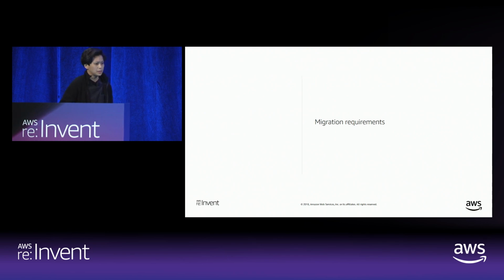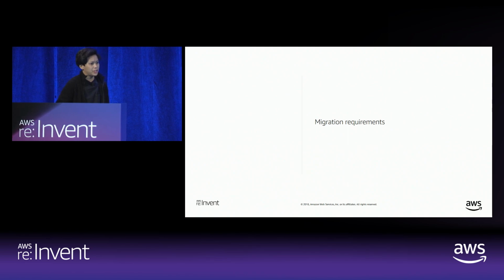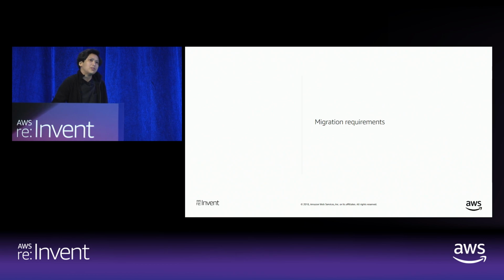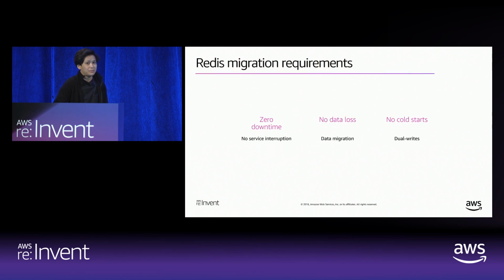Migration requirements. We have a very unique requirement, right? First, when we think about Redis and caching, we don't by default think of persistent data stores, right? When caching, by default, we think, oh, we could lose that data. It's just cache. But because of our unique use cases and the way we use Redis, we have these